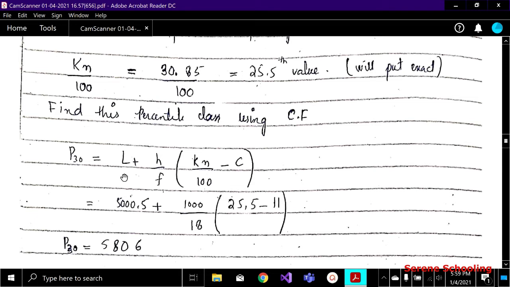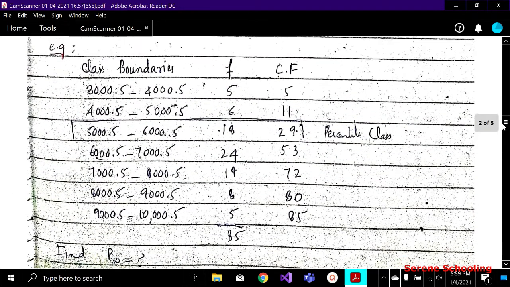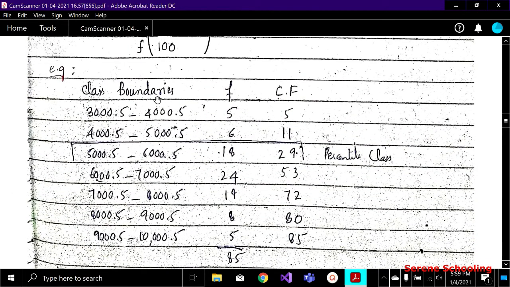Okay, one important thing is how to find this lower class boundary. We have already discussed how to do this. You would subtract for this, but in this example, something unique, we are already given the class boundaries, not the class limits. We don't have to find the class boundaries, okay? So this is our lower class boundary, this is L, this is the F which we will be putting. And the cumulative frequency we will put in the formula will not be this. We have discussed that C must be the cumulative frequency of the class previous to the percentile class.